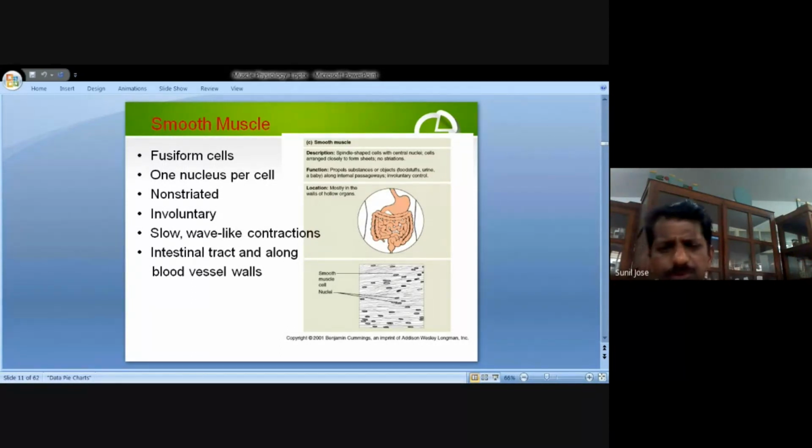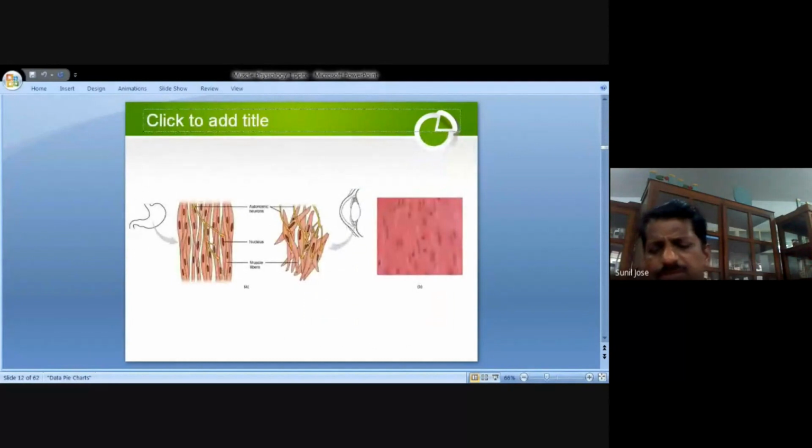Now, here you can see a picture of a smooth muscle. These are the nuclei, and here you can see the association is something like that. This is a diagrammatic view. So there is no branching. Here also there is no branching. Each is a separate cell. Whereas in cardiac cells, we can see a characteristic branching, and at the junction between two cells we can find a disc-like structure. Here there is no such structure. There is no intercalated disc.